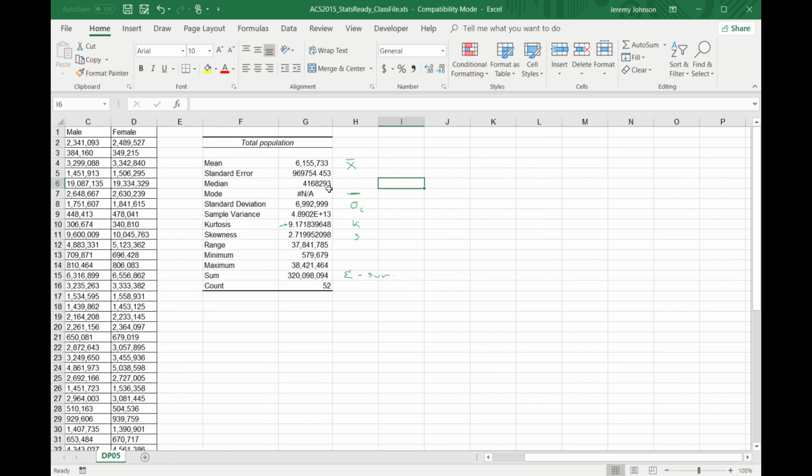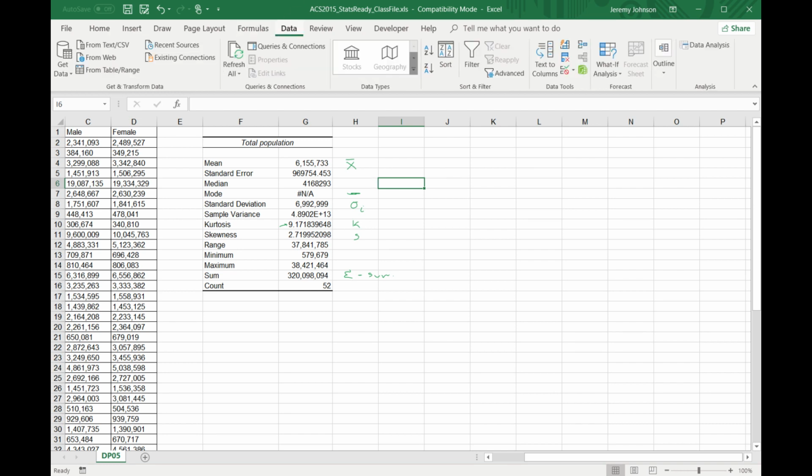If we look at the data set starting with the mean, right? So let's take our X bar and let's add one standard deviation to it. So from a formula perspective, it is equal to the mean plus